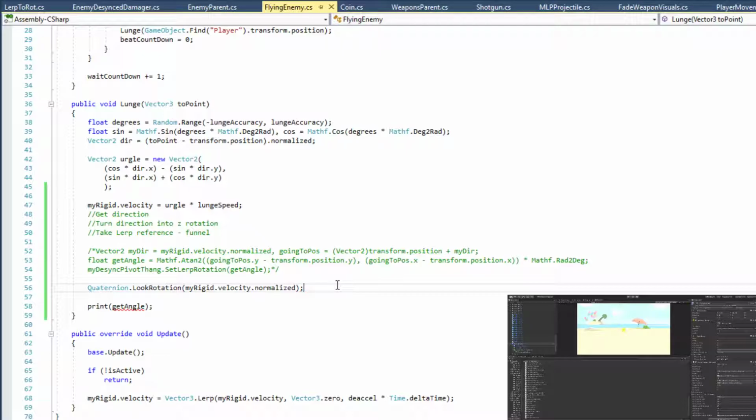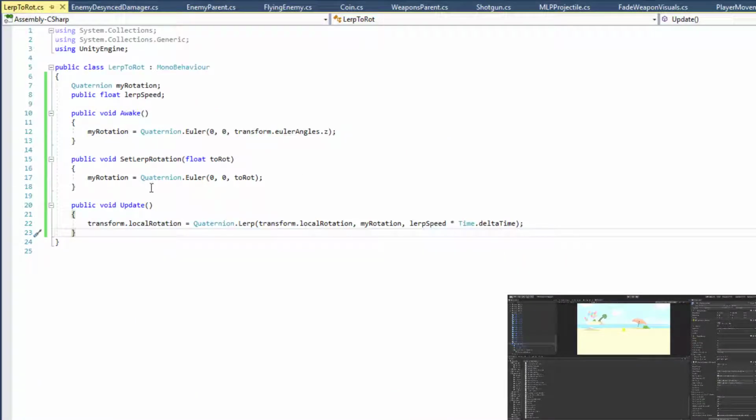Might be able to just pipe in a normalized vector and get a quaternion. He says. Well, of course we can. No, but get a quaternion pointed in the right direction,